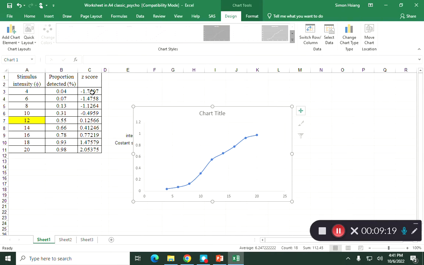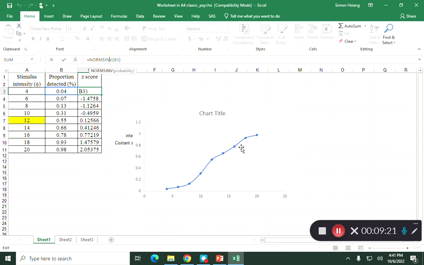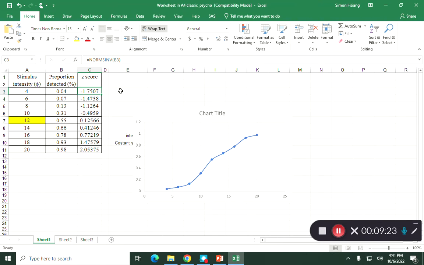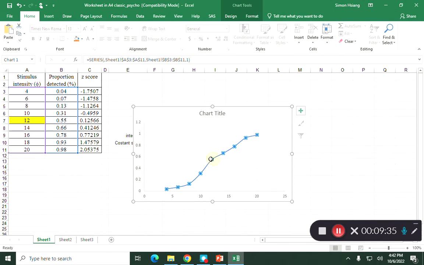The way we linearize this is through z-score. So the z-score equals normal S inverse. That will give you the z-score. Can you see that? Normal inverse. And so if you plot the stimulus against the z-score, you will see them almost correlated like a